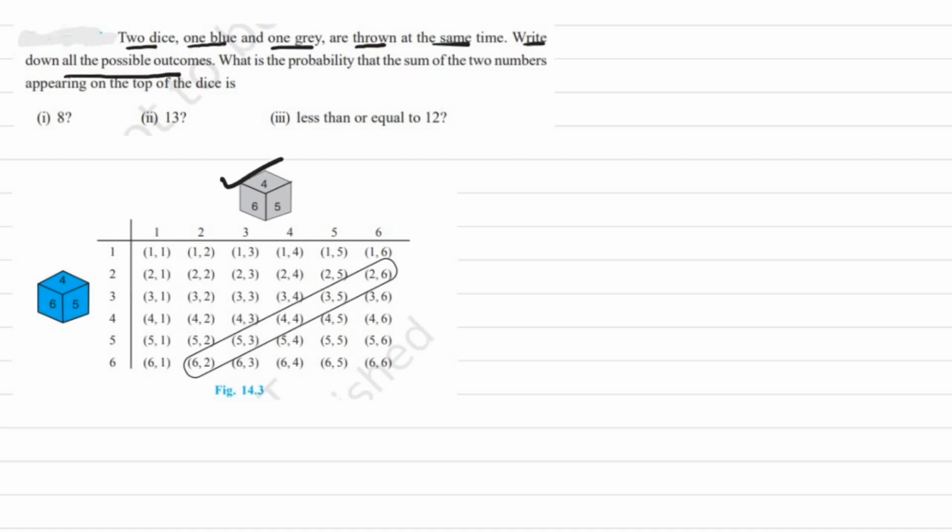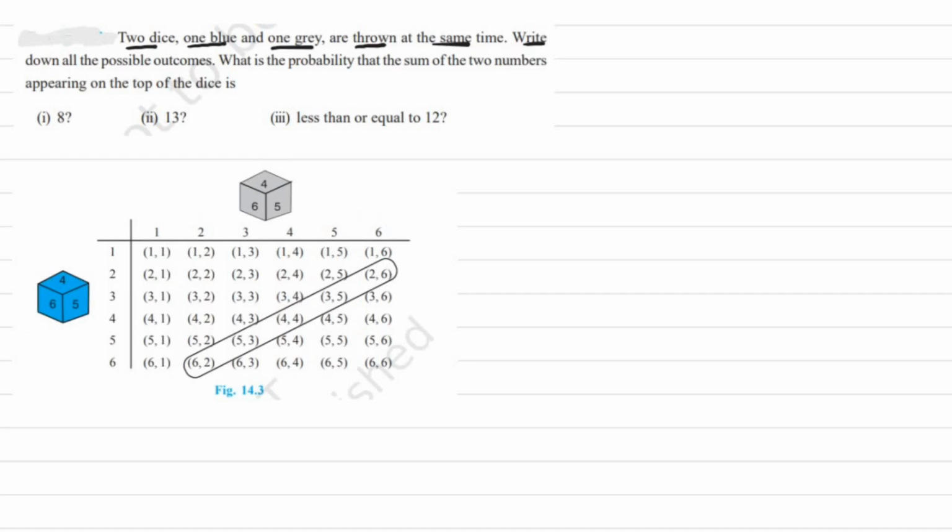So one of the dice outcomes are 1, 2, 3, 4, 5, 6, which we write in horizontal, and the second dice outcomes, that is 1 to 6, is written along the vertical line, and the combination is in this form. That means on the first die we may get a 1 and on the second die we may get 1, or something like on the first die we get a 6 and on the second die we get a 5. So this is how we write the sample space for 2 dice rolled once.